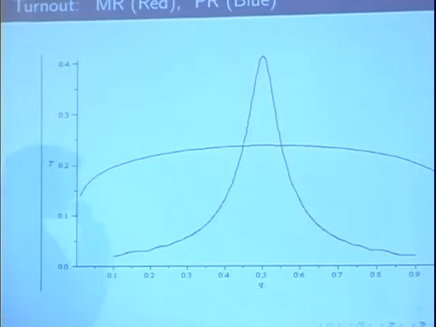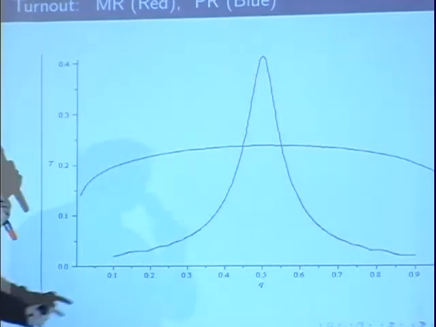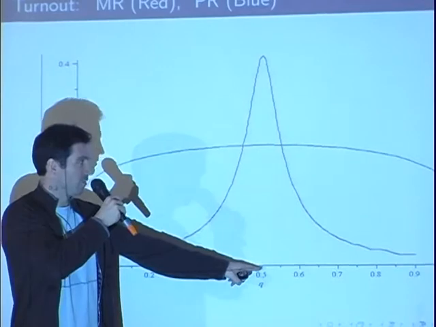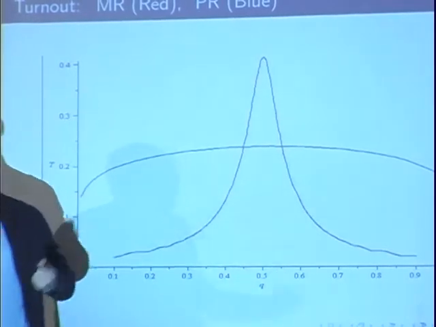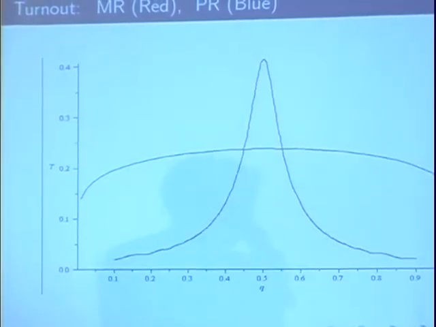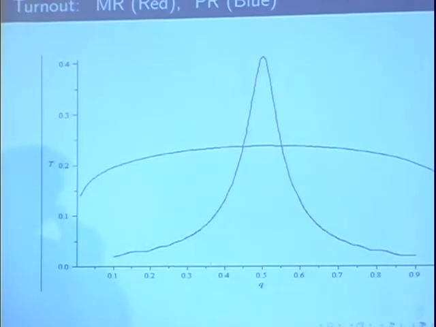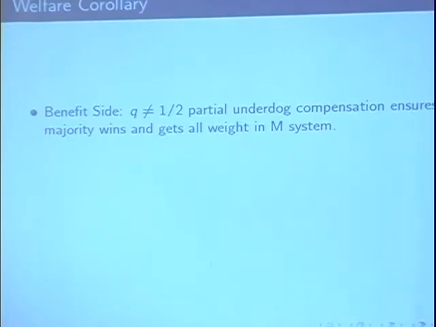And so the prediction is that if the election is bound to be very close, the turnout will be higher with majority, and if not, it will be higher with PR and lower with majority or winner take all system. All right, so